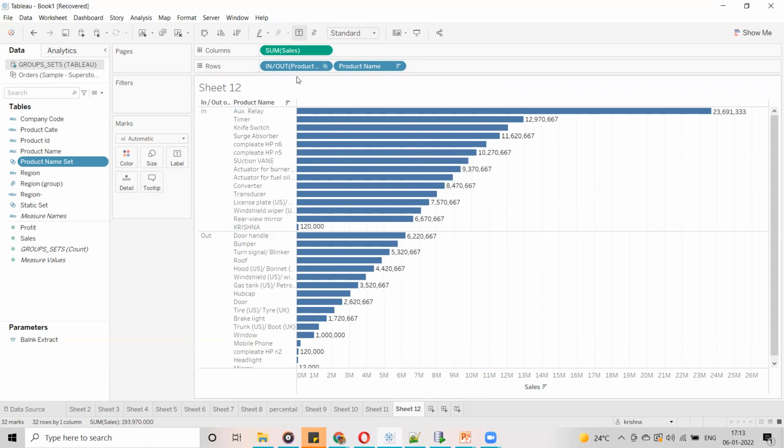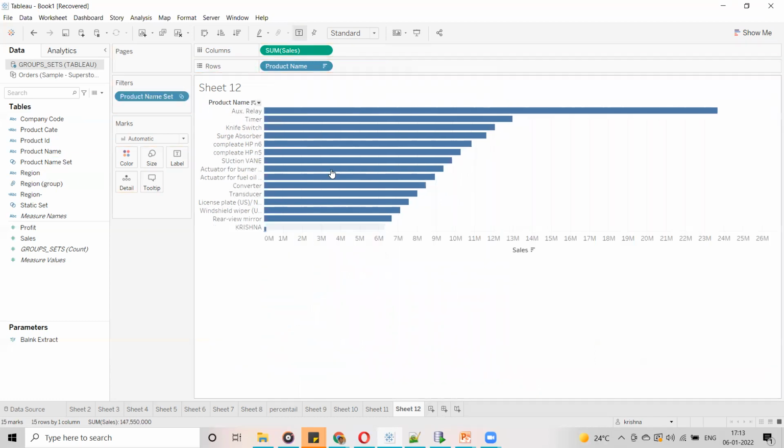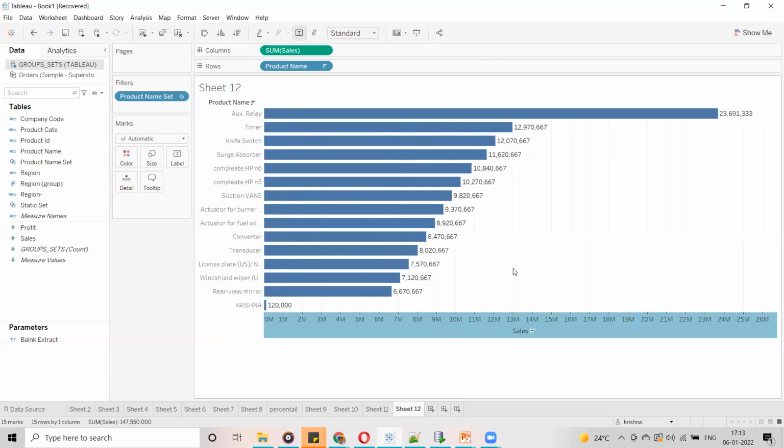Now I am going to select only the In set. Now it is giving In only, with the condition we have given, whatever satisfies it is displayed.